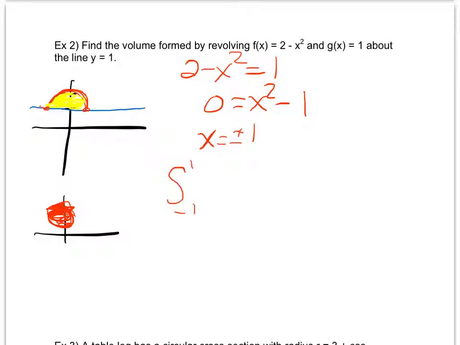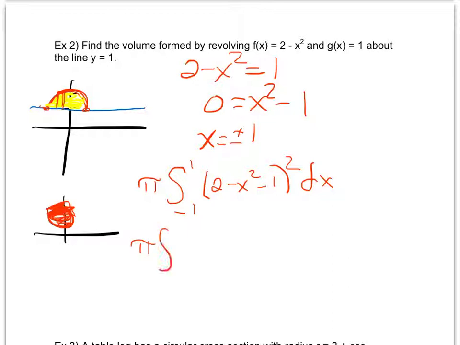My radius is going to be this rectangle here. Well, how do I find out the length of that rectangle? Well, notice it's just going to be my top function minus my bottom function, top curve minus bottom curve. Okay, so for my radius, I have to have my pi out here. I always want to forget that. My radius is going to be 2 minus x squared minus 1, squared, dx,